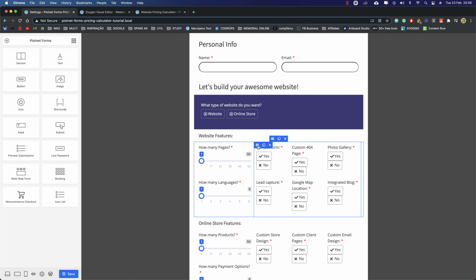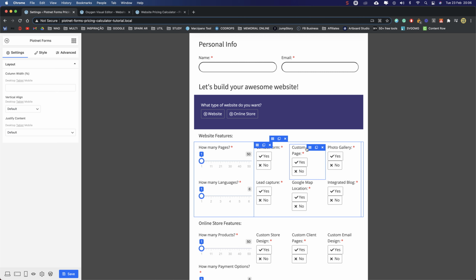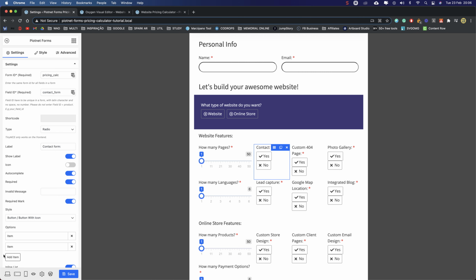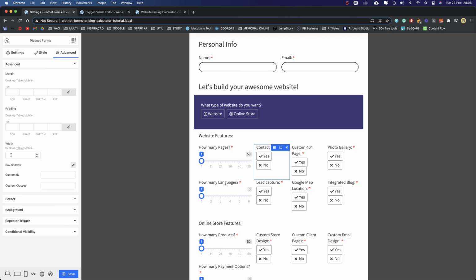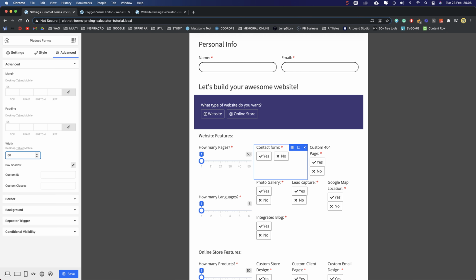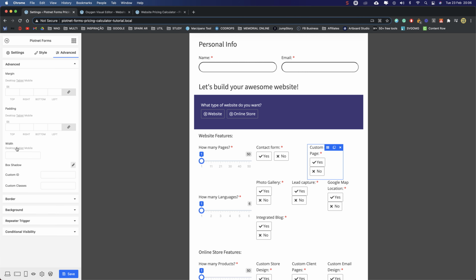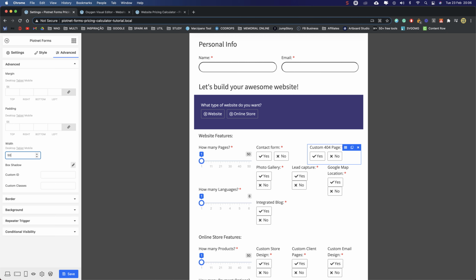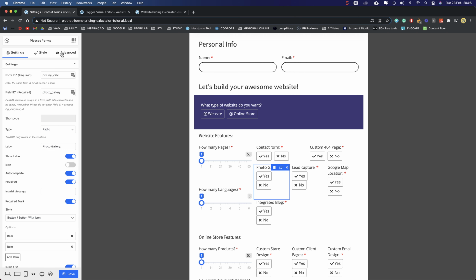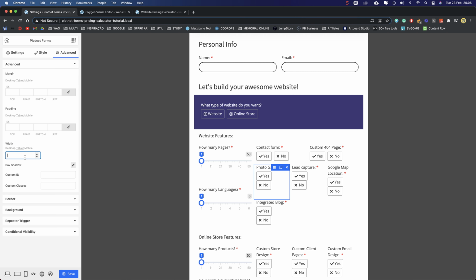In this element, on the tablet view, instead of having 33%, let's make it 50. And let's do this to all of them. Advanced sizing 50. The same here. Advanced size 50.